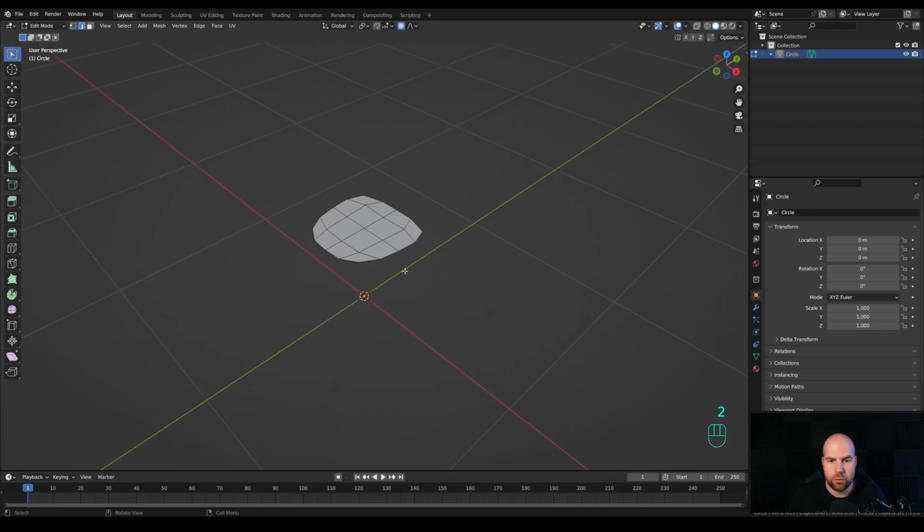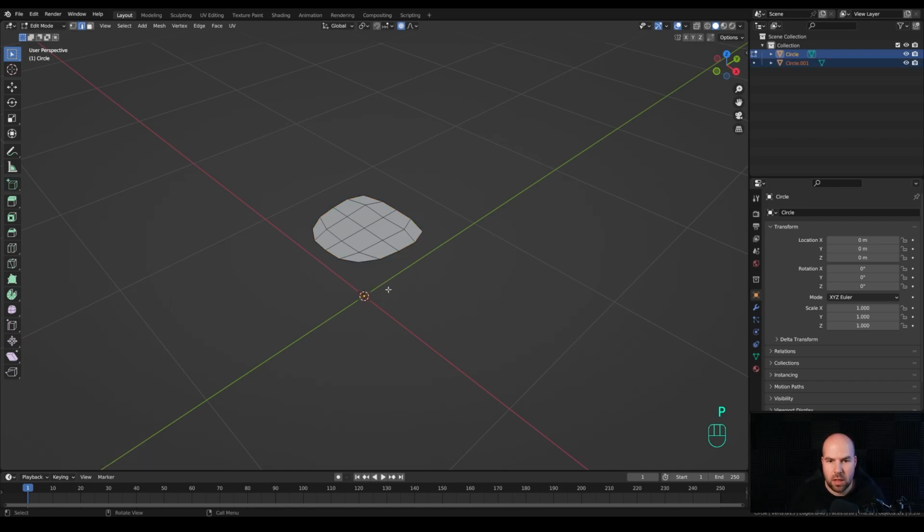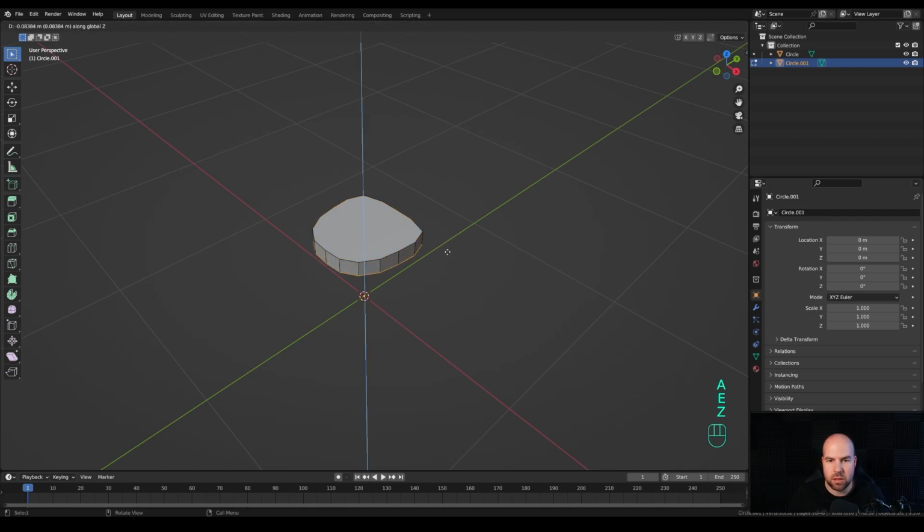So let's press 2 for edge select or click here. Let's hold Alt, select one of these edge loops, and now hold Shift and select the other ones as well. Let's press Shift D and right click to release in place, and now press P and choose selection. Now that will separate the selection here into a new object, so we can now tab out, select the new object, tab into the edit mode, press A to select all, and then E and Z to extrude this down